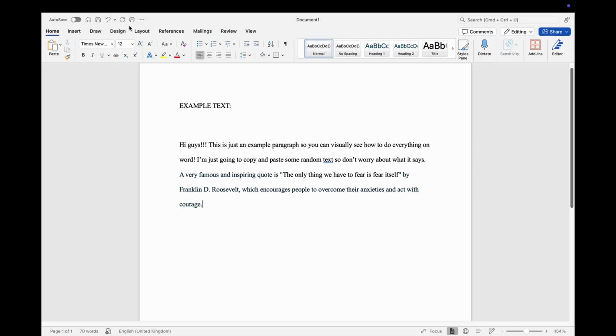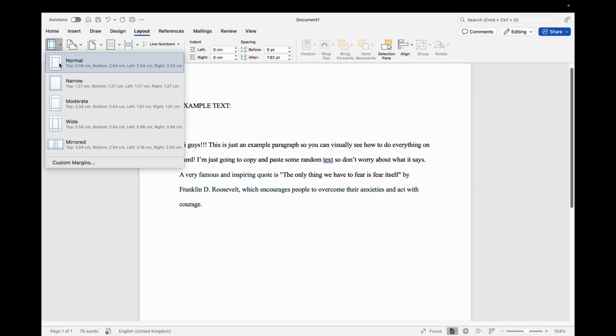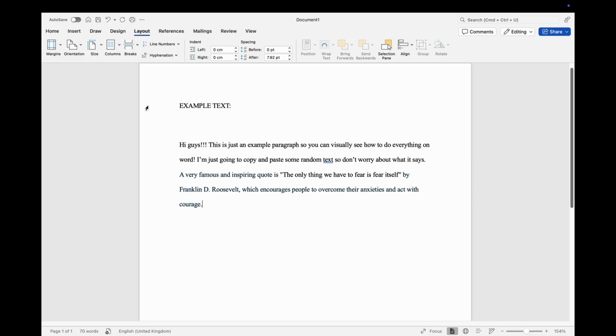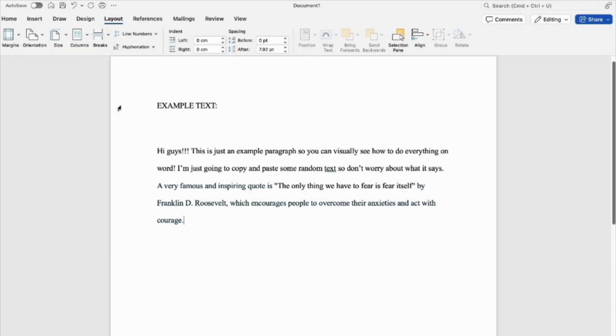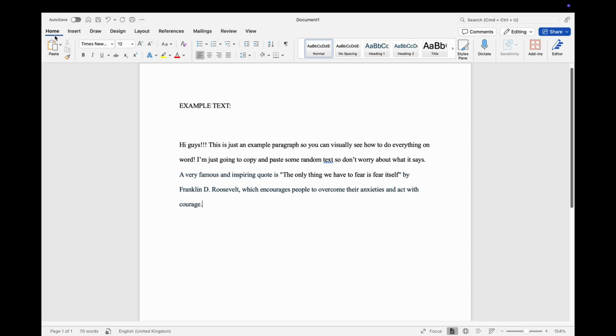it should be alright. Now for margins, go on your Layout tab, click on Margins, set them to 1 inch all around. Mine says 2.54 centimeters, but that's the same as an inch. Luckily Word's default is usually an inch, but just always double check just in case, just to be on the